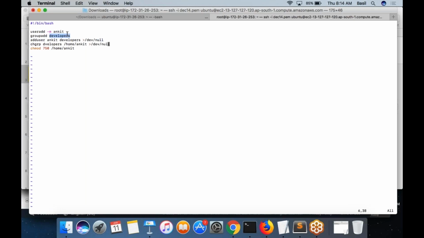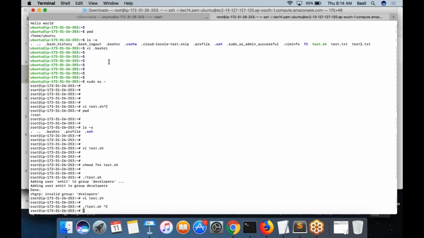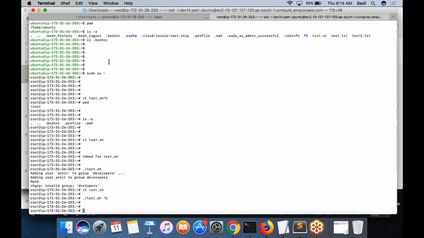Other commands do not have any output, so I'm not putting it. Right? So now I execute the test.sh script. I won't see any output. It would just execute. So that's what a shell script is. Basically, whatever you would do on a shell, you put together inside a script is what a shell script is.